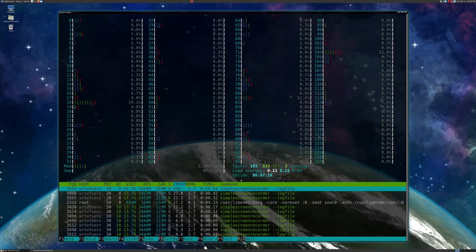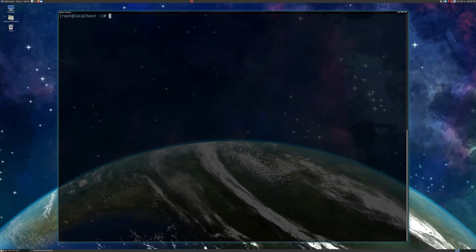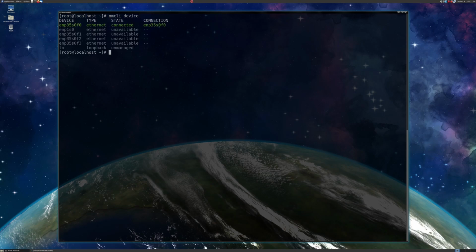Okay guys, so I got the screen recorder running, and here we have a terminal. I've already logged in as root. One thing I wanted to point out that I thought was really interesting is that if I do nmcli device, this will show me all my network devices. I have 5